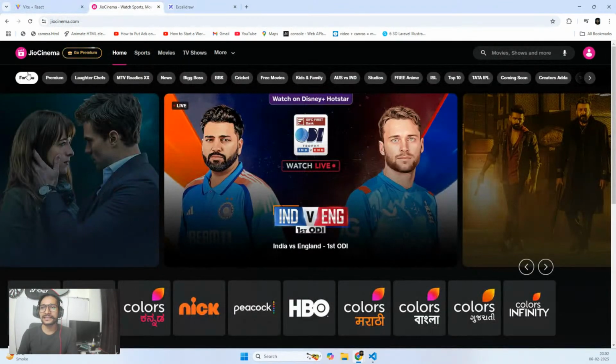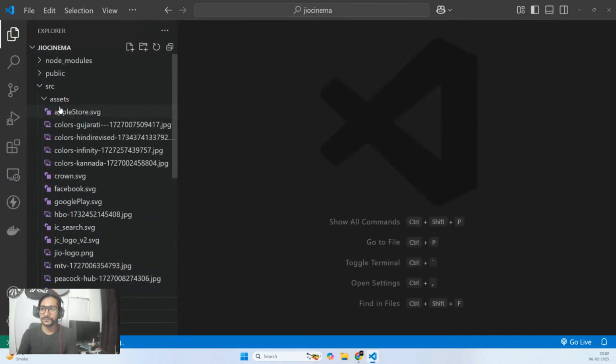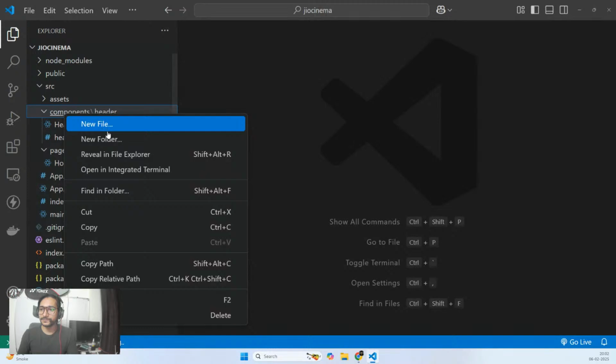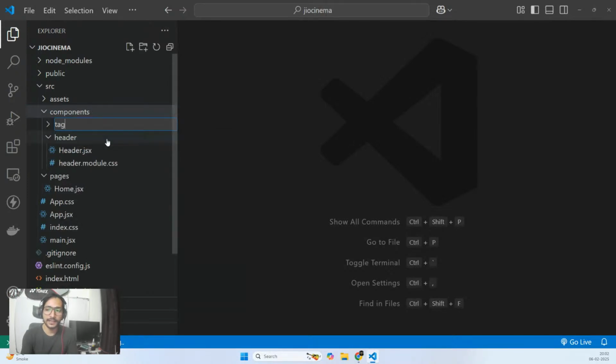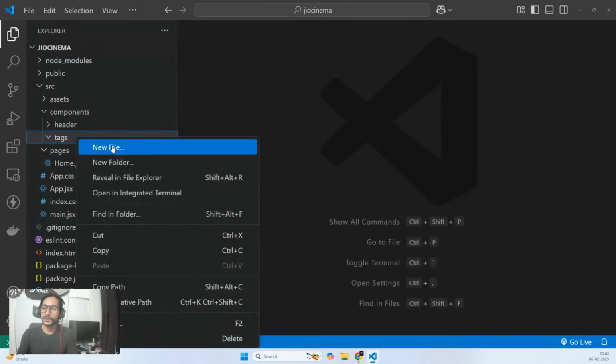So let's go. And that I'm going to call as tag. It's going to be my tags component. So let's quickly create a new component. So now this component is done, guys. We can close it. And now I'm going to have a separate folder in components, a new folder called tags. And here I'm going to be creating a component called tags. So new file,